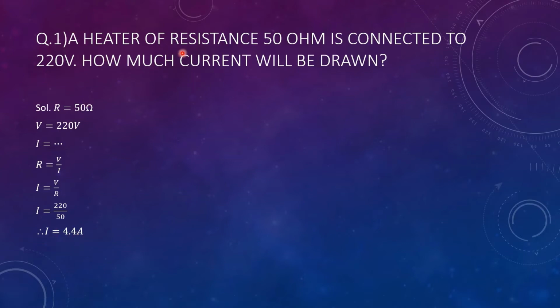A heater of resistance R is given, the value of V is given, and the value of I we have to find. We know that R equal to V upon I is a formula which shows the relation between R, V and I. Interchanging the places of R and I, I equal to V upon R. On putting values here, I equal to 4.4 ampere. Next question in this series,